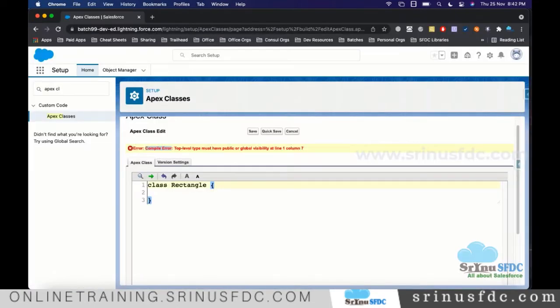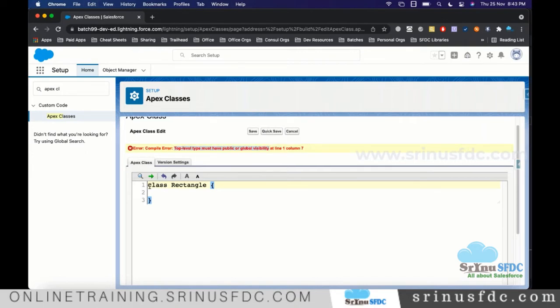That's what is happening here. I did not mention whether the class is public, global or protected. By default, it is taking it as private. But the rule is the top level class should have either public or global visibility.